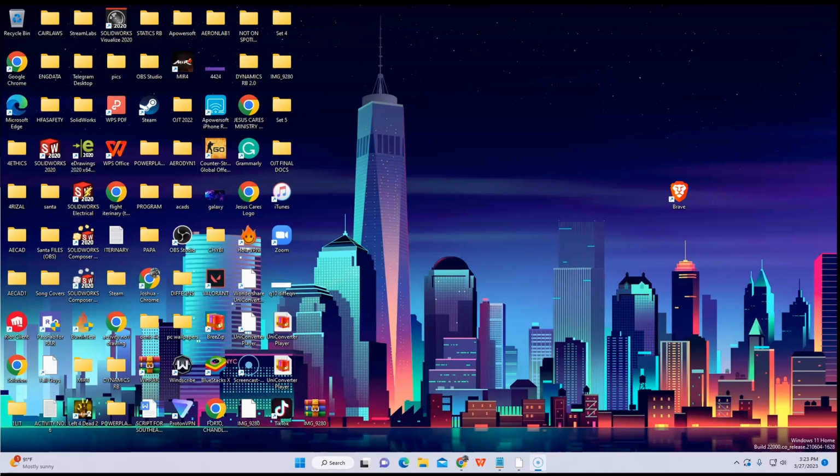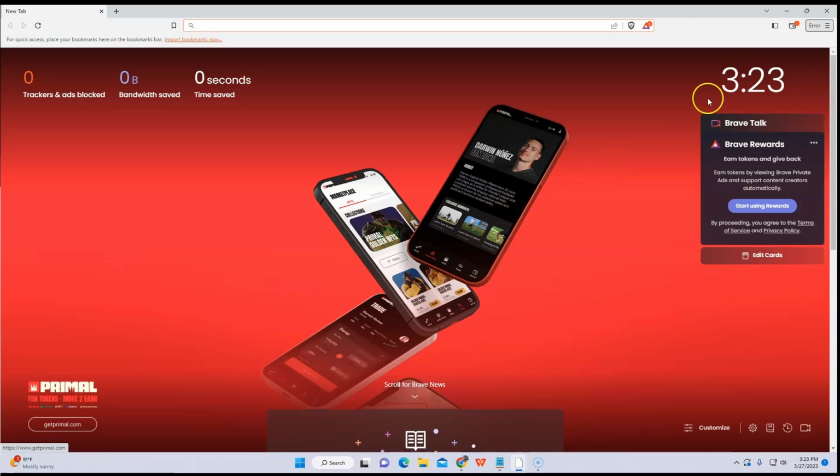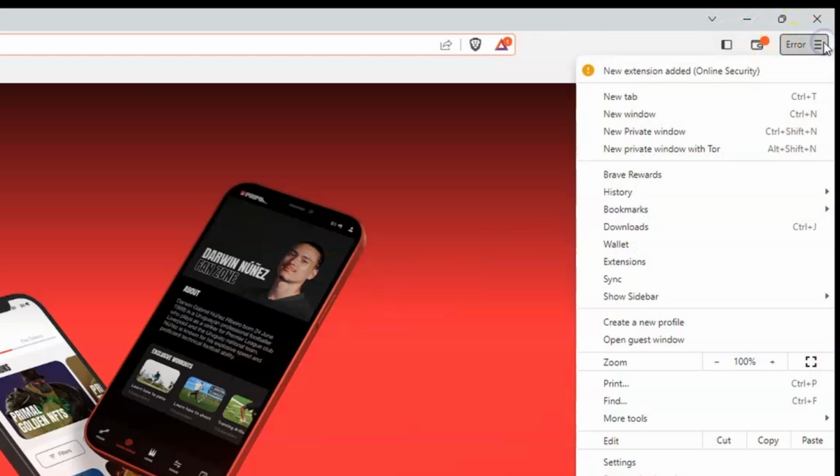Hey guys, in this video, I will show you how to block websites on Brave browser. Let's start. First, open your Brave browser, and once you're inside, look for these three horizontal lines above and click